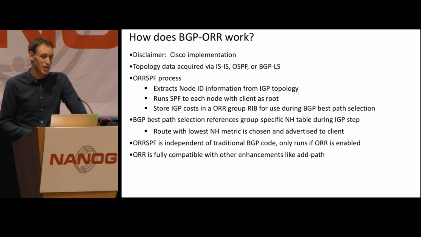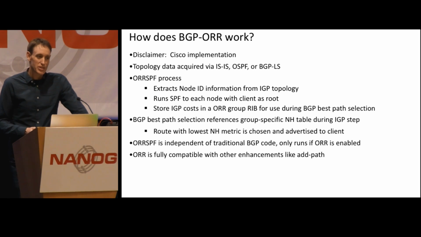I think that's fairly common in service provider networks, and so it works most of the time, but there are some caveats. What it does once it has that topology table is run SPF to each one of those nodes with the client as the root of that SPF calculation. Once it does that, for each optimal route reflection group that you've created, it creates a separate RIB for that. And it builds this next hop table that it can later reference during the BGP next hop selection